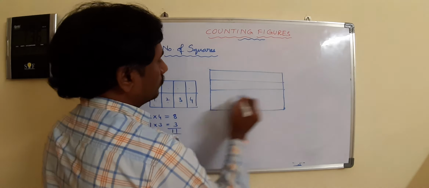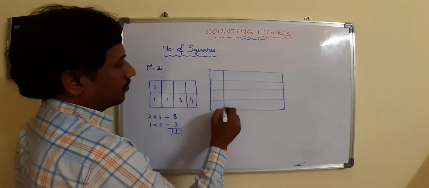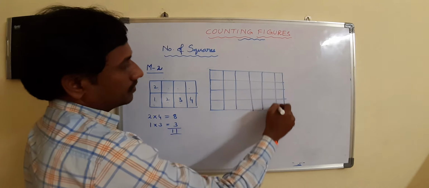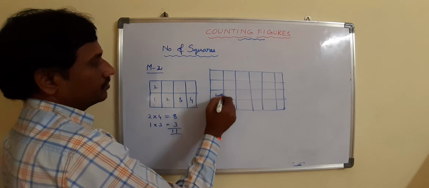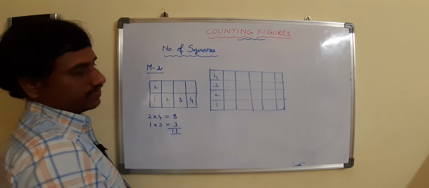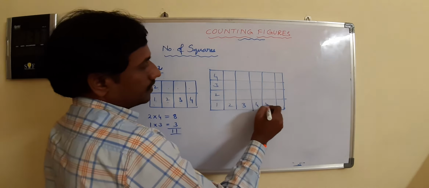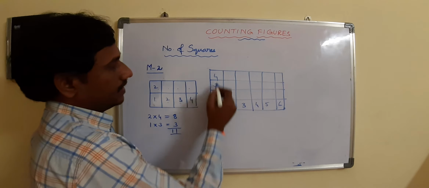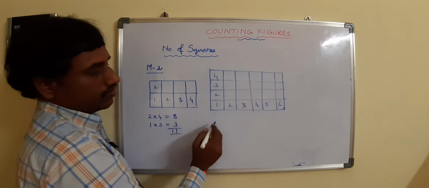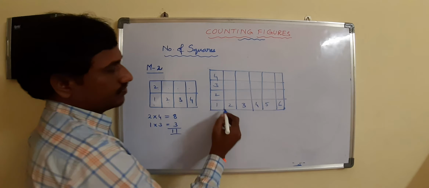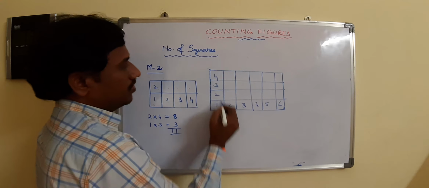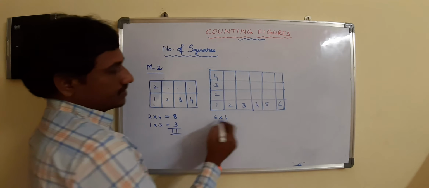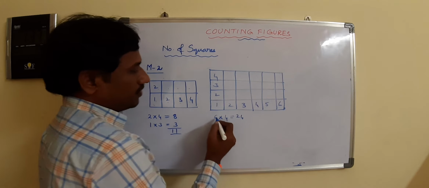1, 2, 3. 1, 2, 3, 4, 5. Then here how many we are having? 1, 2, 3, 4. Column wise 4 squares. 1, 2, 3, 4, 5, 6. Row wise we are having 6 squares. Then how to do? Take the highest number, means total number of squares on row wise or column wise. You can take first. Suppose if you want to take first here, means 6 into column wise highest number 4. Otherwise you can take 4 into 6 also, no problem. 6 into 4, 24.